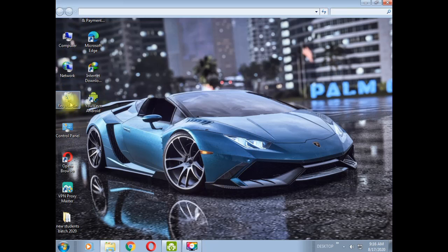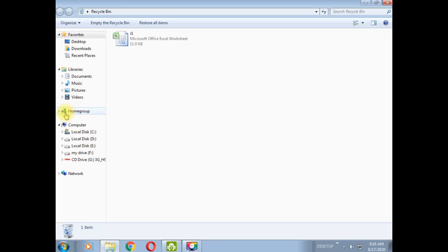Now I will double click on recycle bin icon. So look, my deleted file has reached the recycle bin window. Now if you want to empty this recycle bin, then you will click on this option, empty recycle bin.